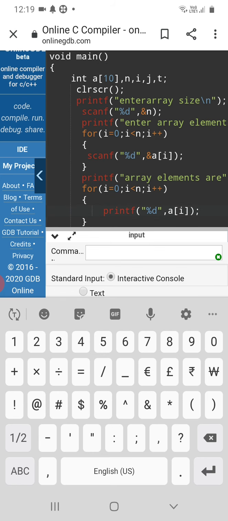The loop ends in this. For ascending order sorting, that is nothing but arranging the elements in ascending order. Now I am going to write another for loop.